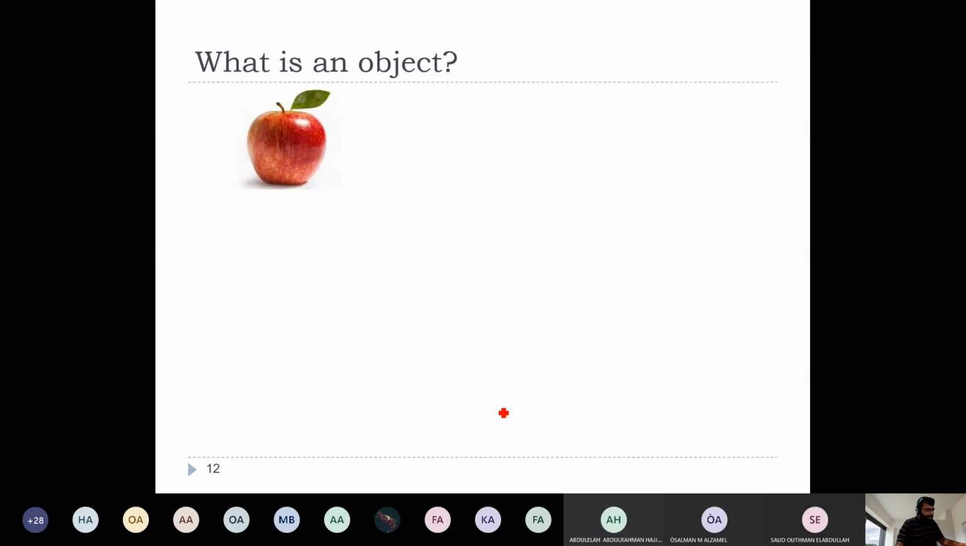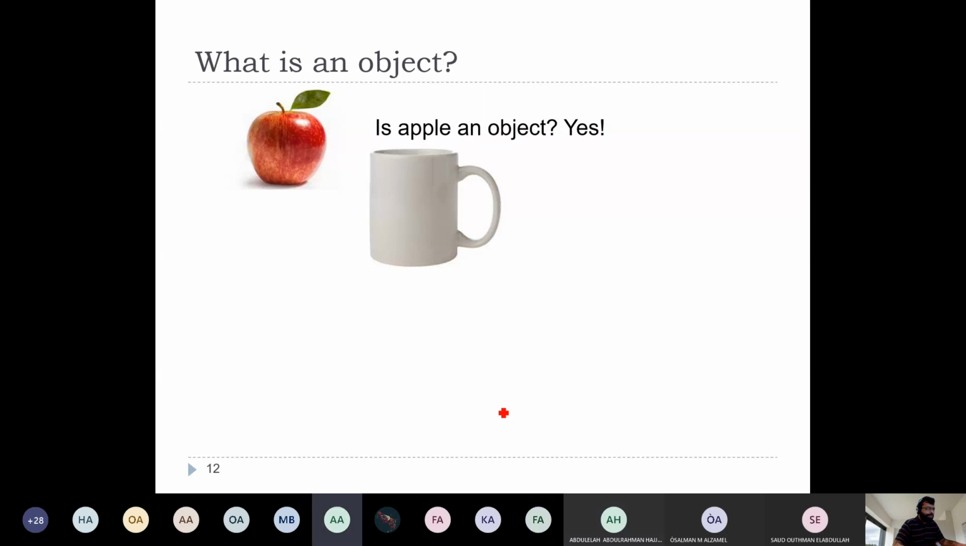Yes. Right. Absolutely, yes, true. What about this cup or a mug? Is this an object? Yes. All right, absolutely, it is an object, isn't it? Now,